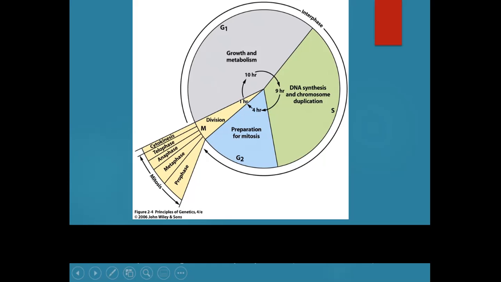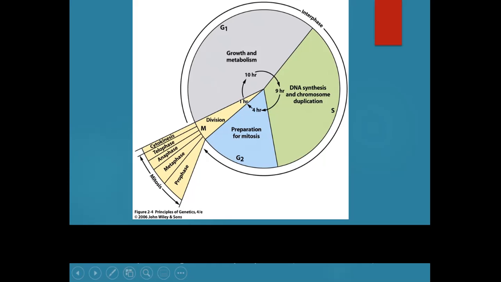Now, if you look at a normal cell cycle, interphase makes up the vast majority of that cell cycle. Look at this. This one's like 25 hours or 24 hours, and interphase makes up all but 1 hour of that